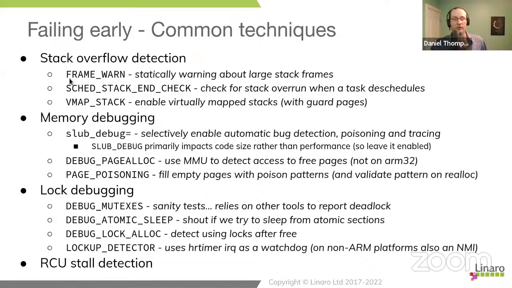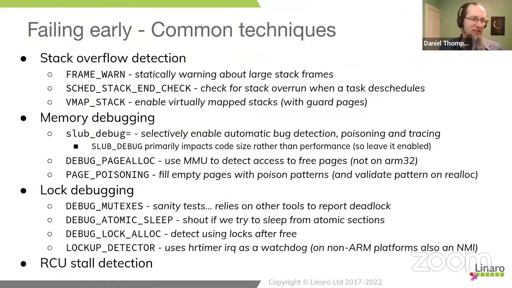The simplest is frame warn. This is actually a static checker. When you're compiling, it will issue a warning to say this function has a stack frame that's larger than this many bytes, classically a K. So if you've made mistakes, then it's run quite frequently on the standard kernel, but particularly if you've got a vendor kernel from SOC vendors and you're concerned that there might be some things in it, turning frame warn on and checking that we haven't got excessively large stack frames in those new pieces of the kernel can be very useful.